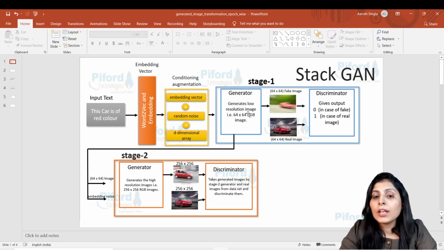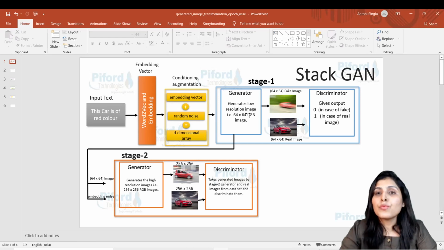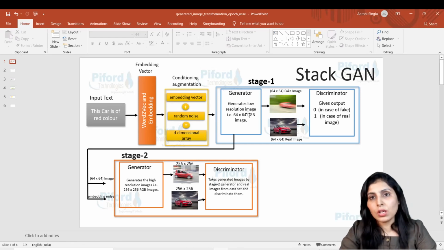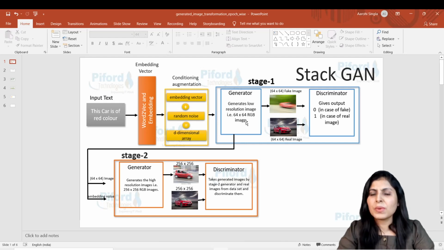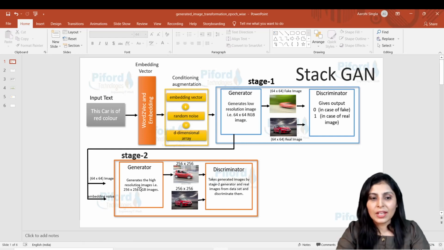So this is a low resolution image, and we are getting it from stage 1. The idea behind these two stages is that we want to train our algorithm on simple problems first, and once our algorithm learns the simple problem, it will work on the complex problems. So low resolution means a simple problem, and high resolution in the second stage means a complex problem, okay?